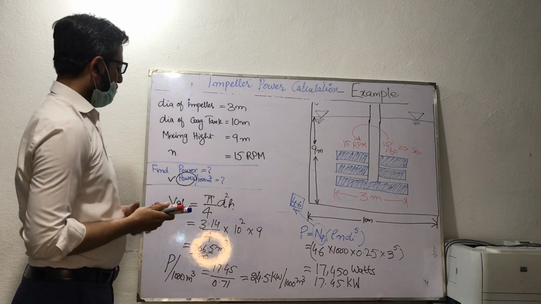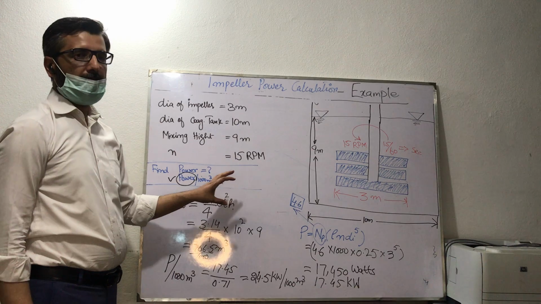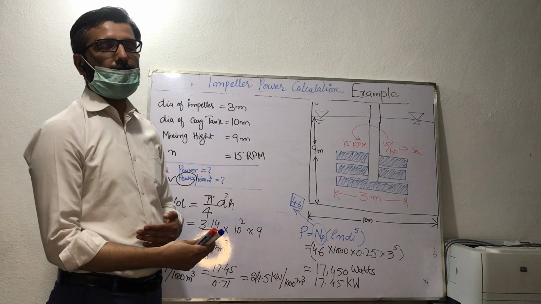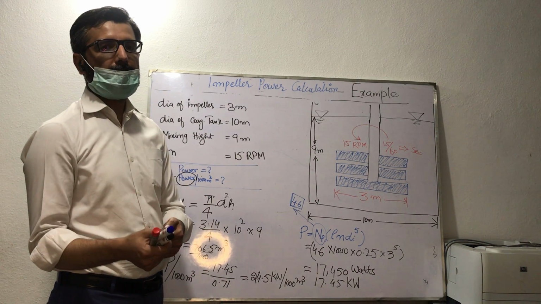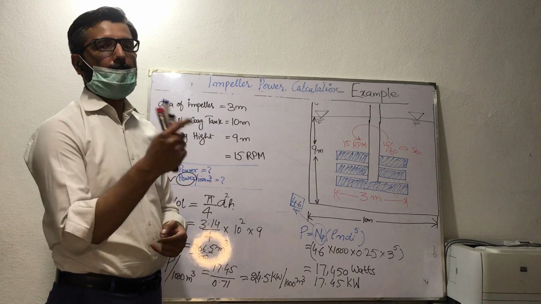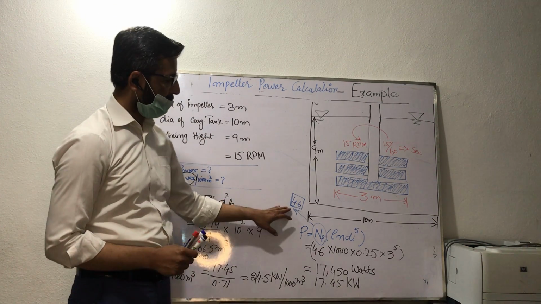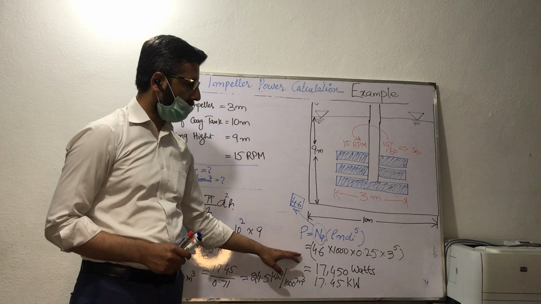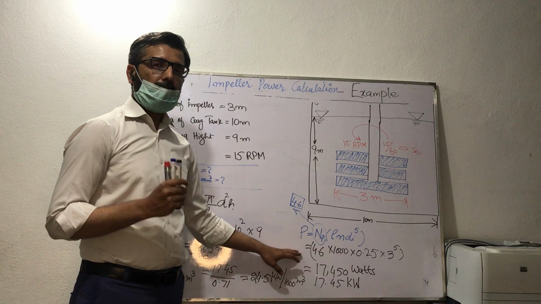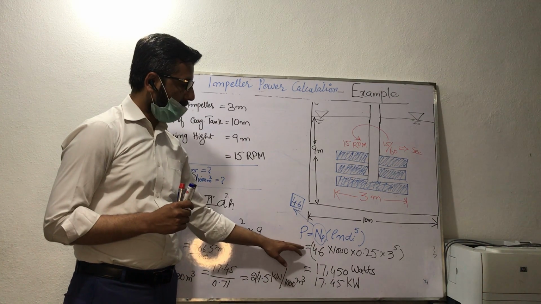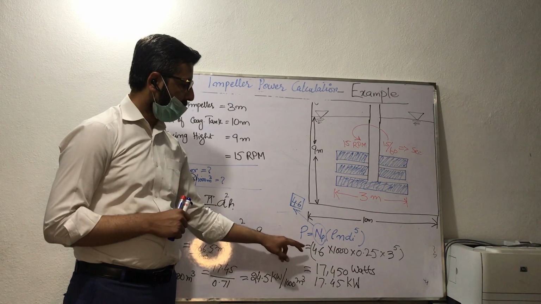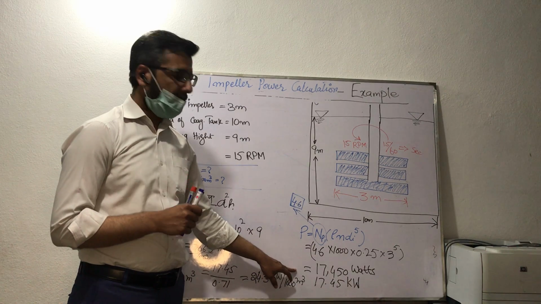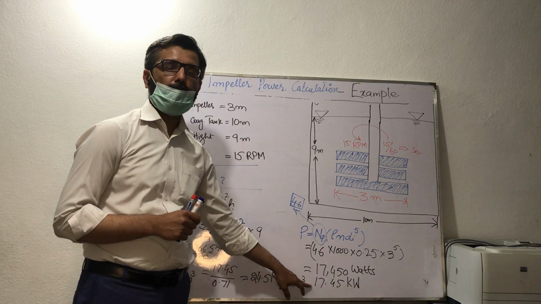Alright, then we have to calculate the power. The power can be calculated by the Reynolds number. Reynolds number is calculated by its basic formula. Then we plot the Reynolds number on the graph, against the power function. From that we can read the power function, which comes out to be 4.6. Then using another formula of power, we can calculate the actual power, which incorporates each and every aspect of the requirements of the calculation, and this power comes out to be 17,450 watts, which can also be called 17.45 kilowatts.